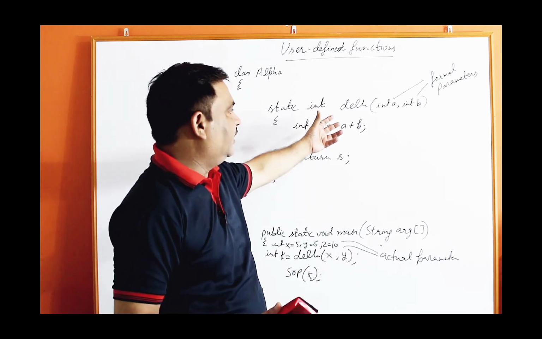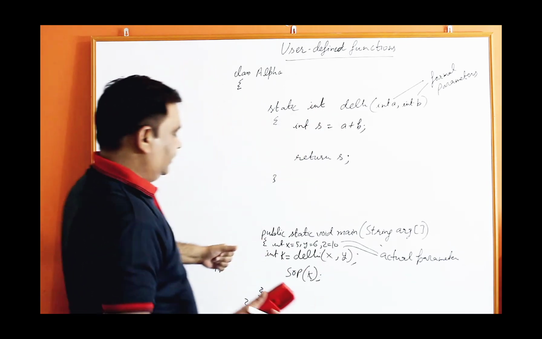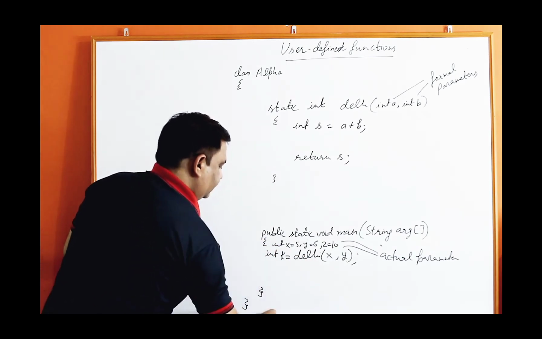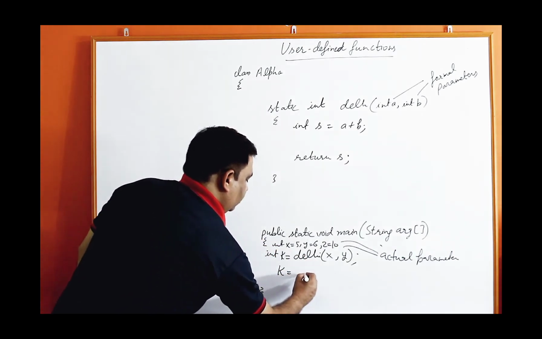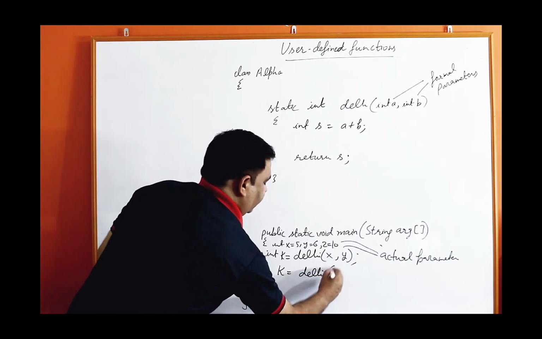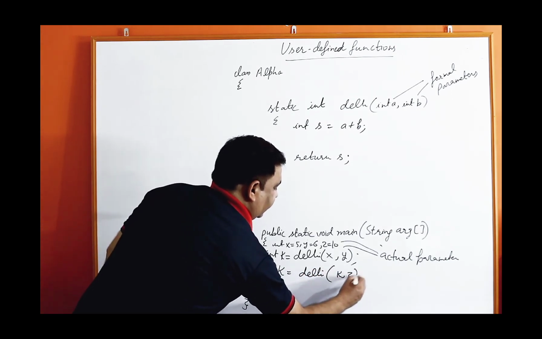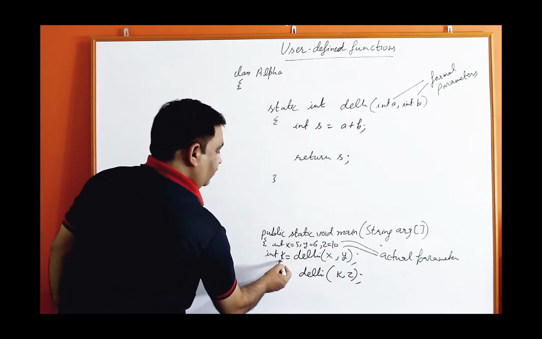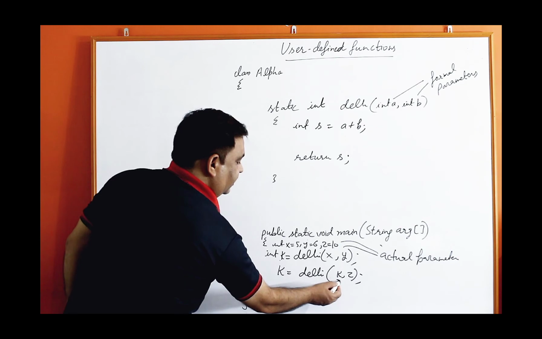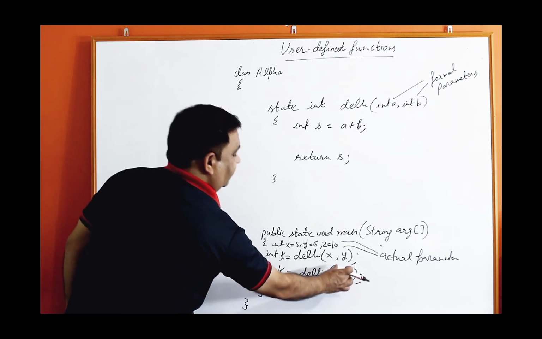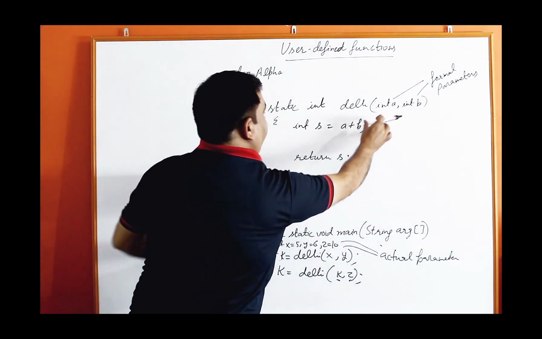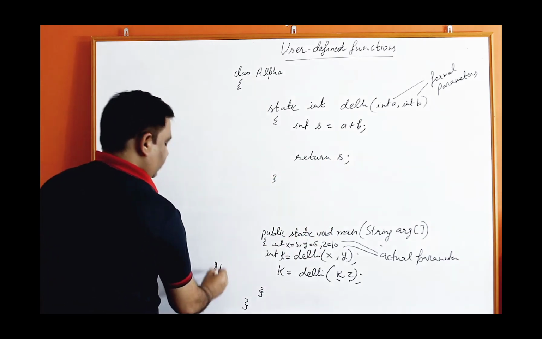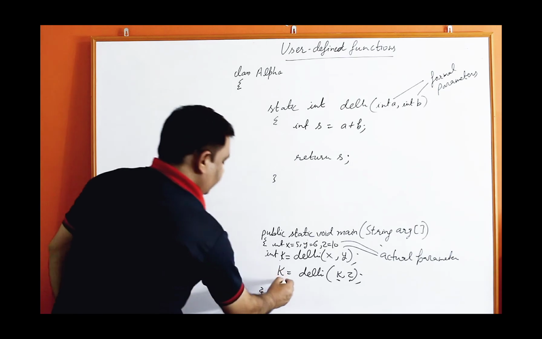How can we add these 3 values? Using the function Delhi. See here, the function is Delhi here. What I am writing? k equal to calling the function Delhi by passing k and z. So the second time I am calling the function. So k, which is already the sum of x and y, is passed and z is passed, 2 variables are passed, and the values will be transferred here. And now the second time it will give you 11 plus 10, 21, and you can print it here.